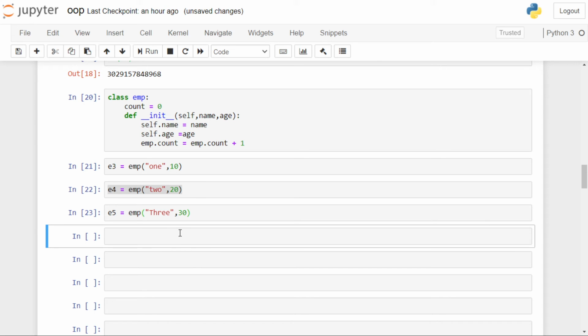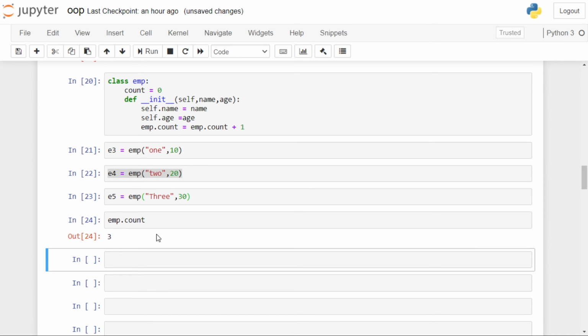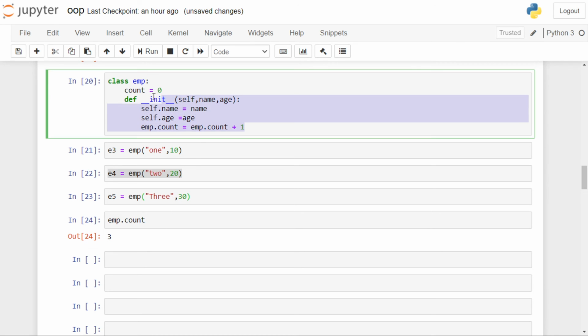You can now see the count variable when you use emp.count. Initially it was 0. After E3, E4, E5 are created, count value should be 3. It is maintaining the count of the objects which are created in this class, and this function init is called when the object is created.